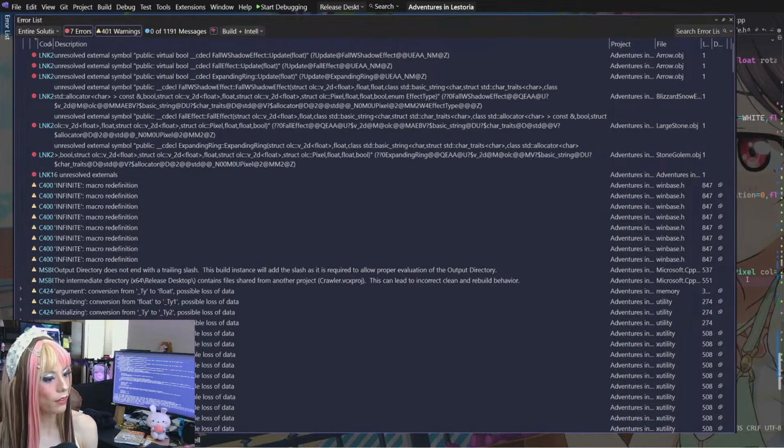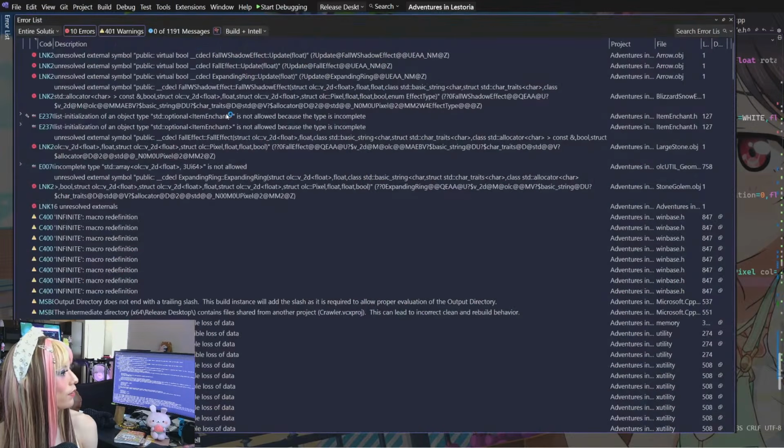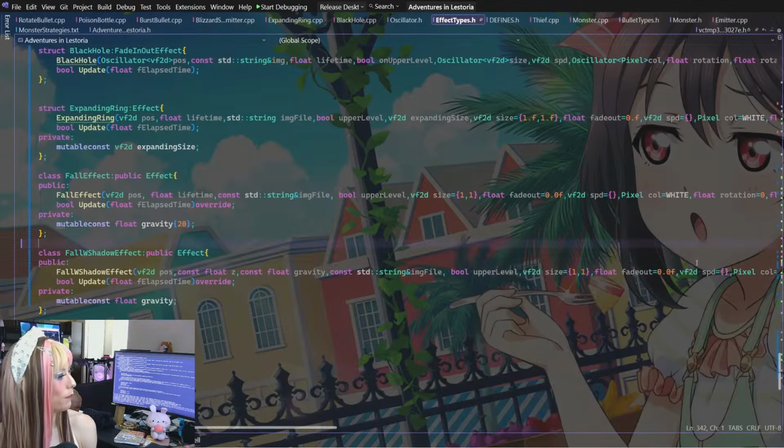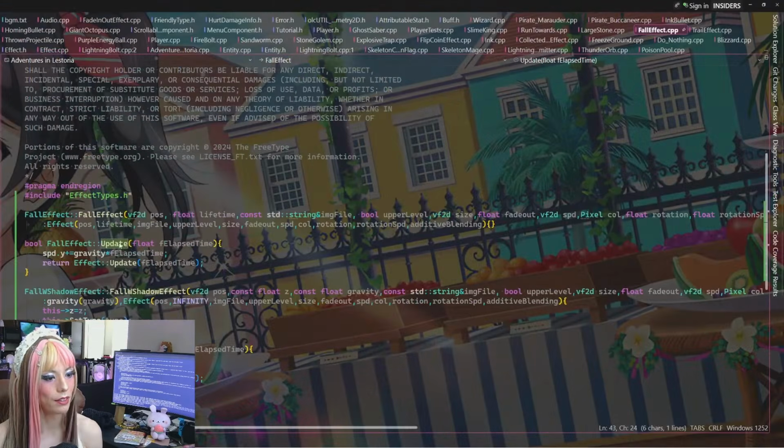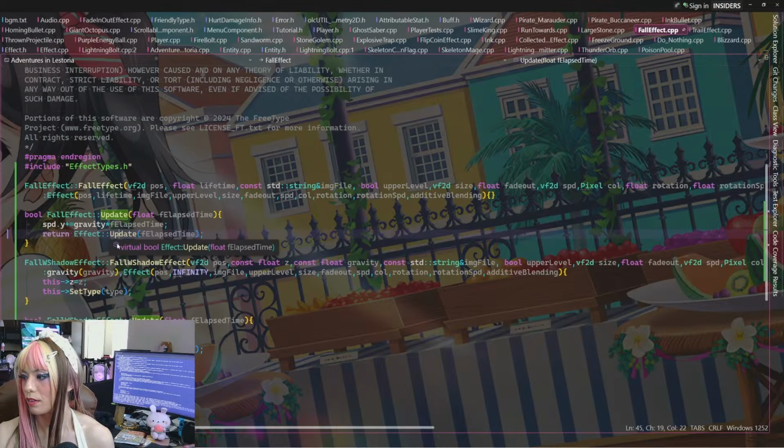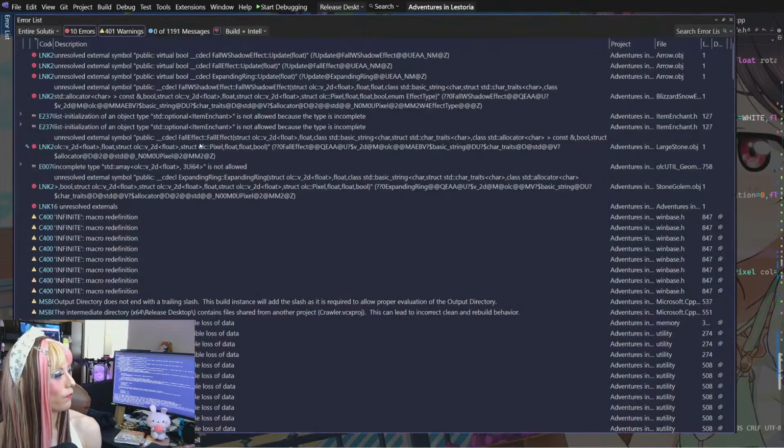We also have fall effect update not showing up. Fall effect update, I believe, is in that same file. Yeah, something's going on. Well, to try and logic the explanation out, I think it's just because engines are very generalized, right?